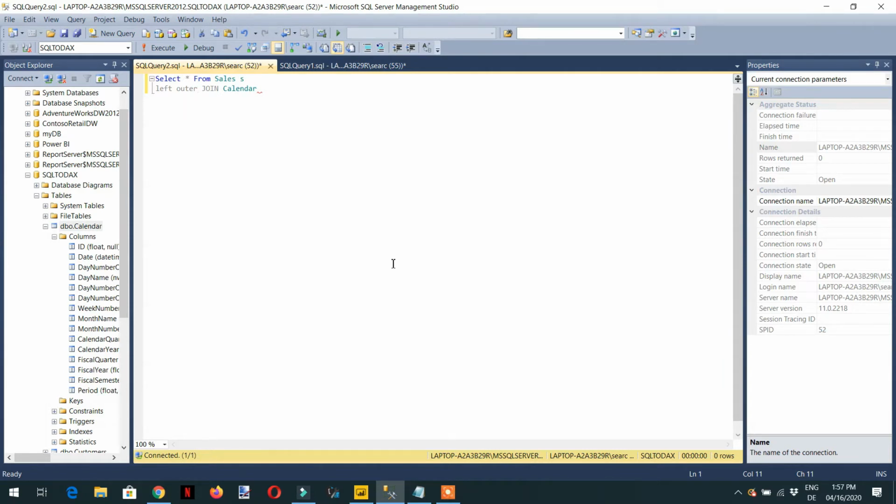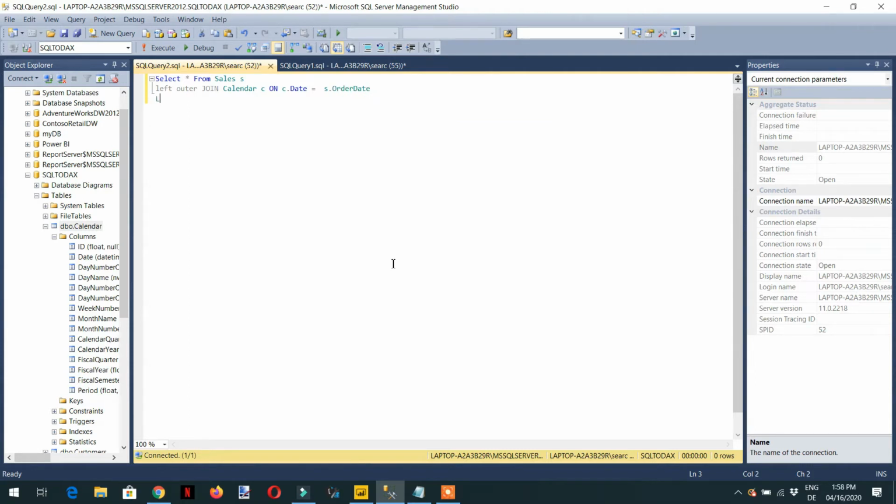So I need all the rows from the sales table, and from the calendar table I need only those rows that have matching IDs. So the criteria will be calendar, the alias is C, on C dot date is equal to S dot order date,